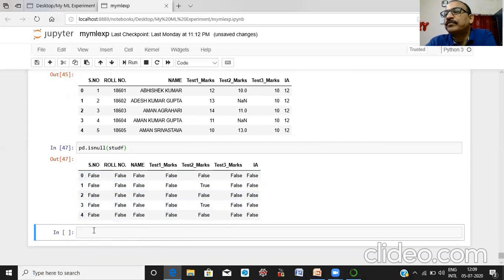Next, now we iterate over each element of a series and perform desired action.